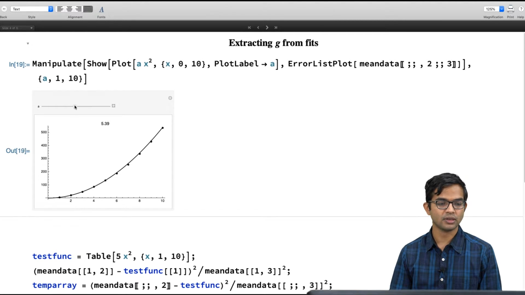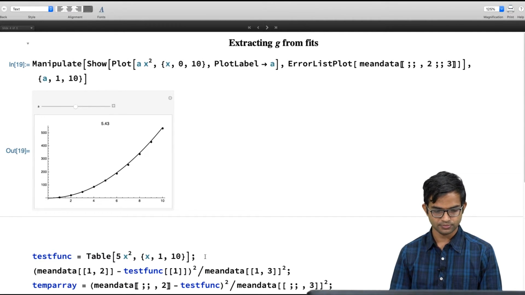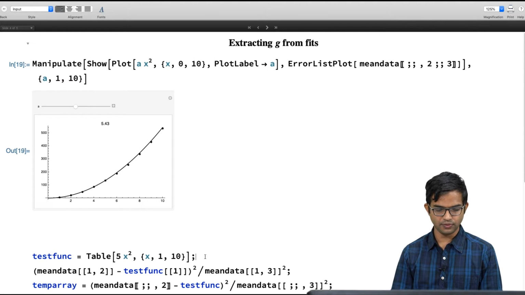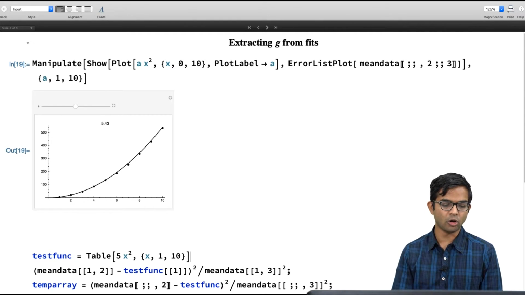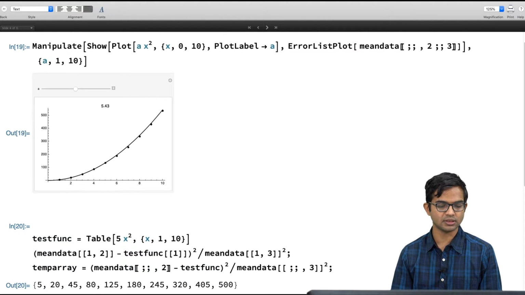So the whole point of this exercise is to see if we can do better, if we can make this more quantitative. And if you want to do that, of course, the chi-squared approach that I just mentioned is the way to go. Let's see how we can do it using Mathematica, the hard way, right? So what do we want? Let's say we define an array. The Table command is very useful. As a ballpark I just take it as 5x squared. It's 5.3, but it's okay, let me just take 5x squared